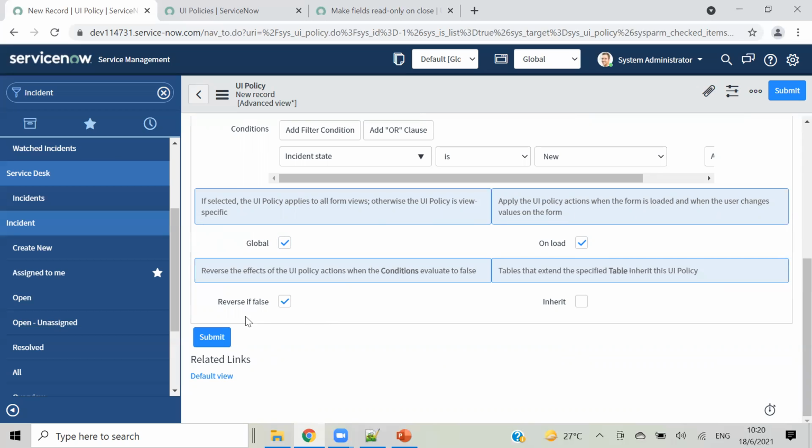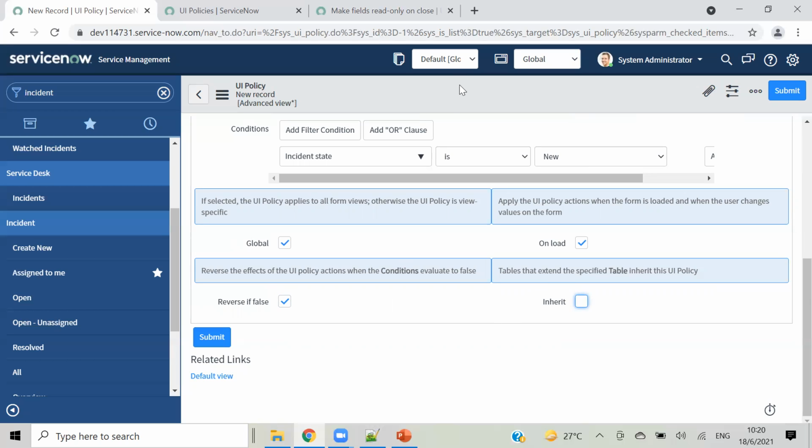Okay, and reverse: if this condition doesn't meet and you want to make that reverse, like this will make it mandatory, right? If this condition doesn't meet, then it will make it non-mandatory. And this inherit, like in a table, if this incident table is inherited, and you want this UI policy to apply also, if you select this, this UI policy will apply on all the child tables also.